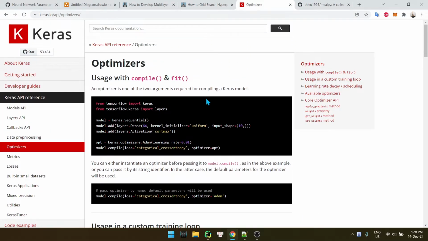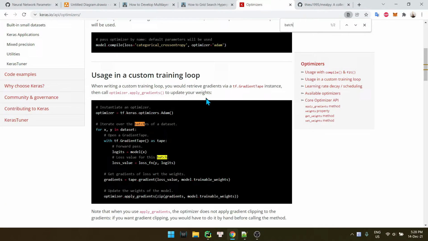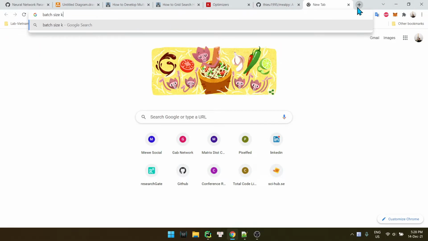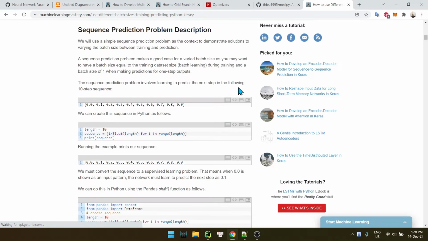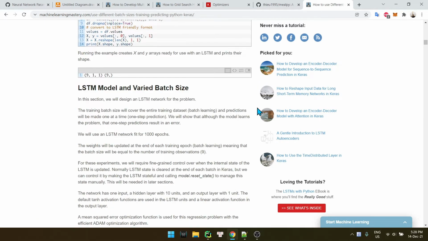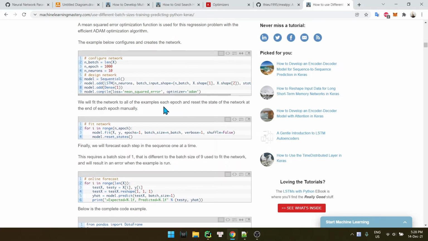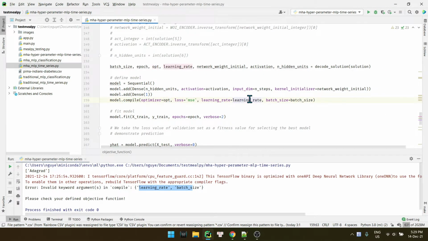Okay, model. Oh, so they actually call the batch size inside the fit function, not the compile function.